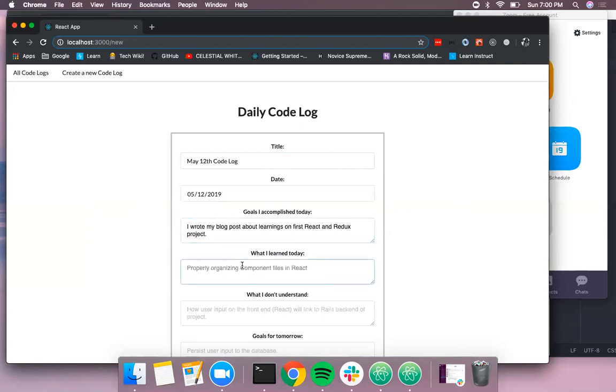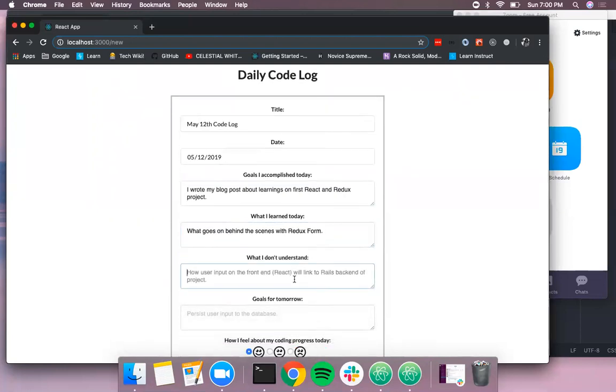What I learned today: I was actually following a tutorial about Redux form. So I would say what goes on behind the scenes with Redux form. Redux form is a library which handles maintaining the state of an application. What I don't understand is how to use Redux form